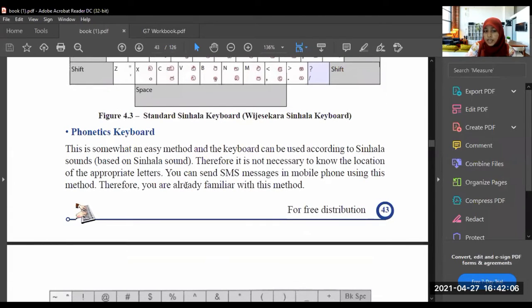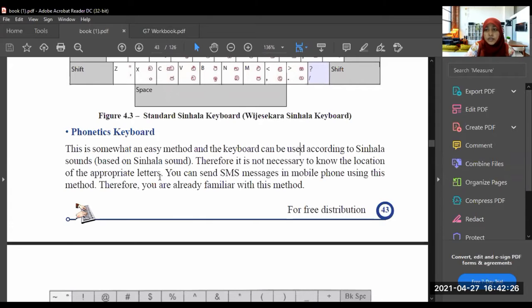Phonetic keyboard means this is somewhat an easy method, and the keyboard can be used according to Sinhala sounds. That is why it is called phonetic. Therefore, it is not necessary to know the location of the appropriate letters.